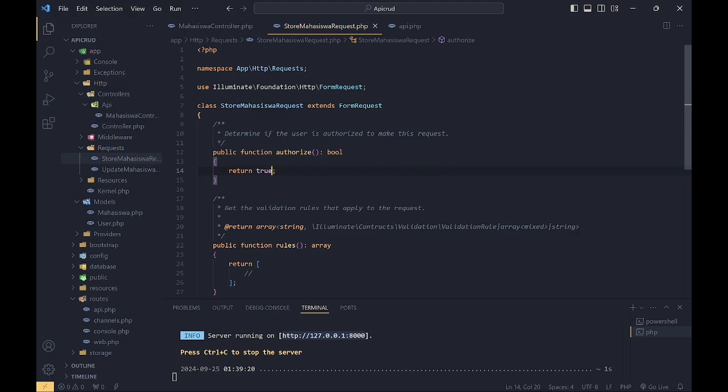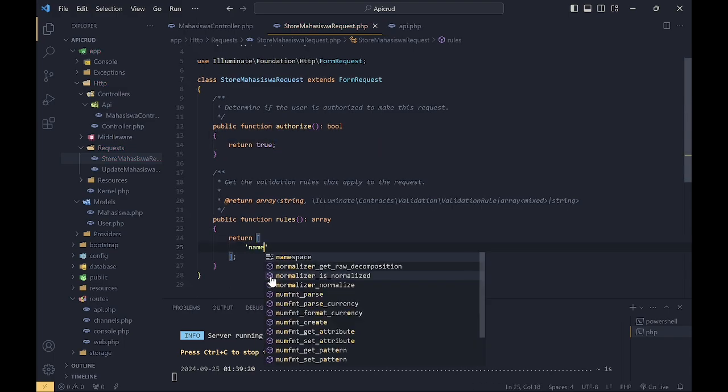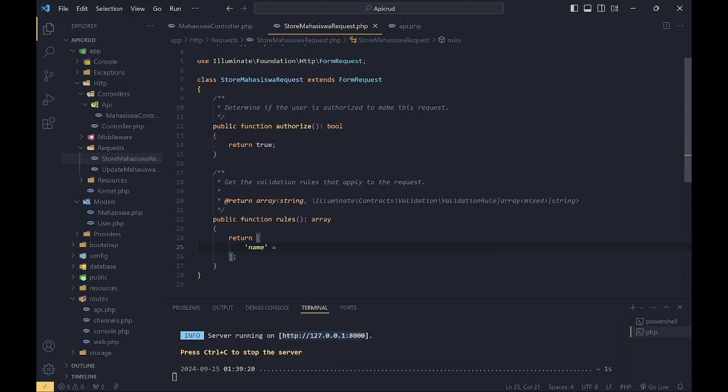And then we will make insert data, but we will change this Store Mahasiswa request first, in the store mahasiswa request in the request folder.